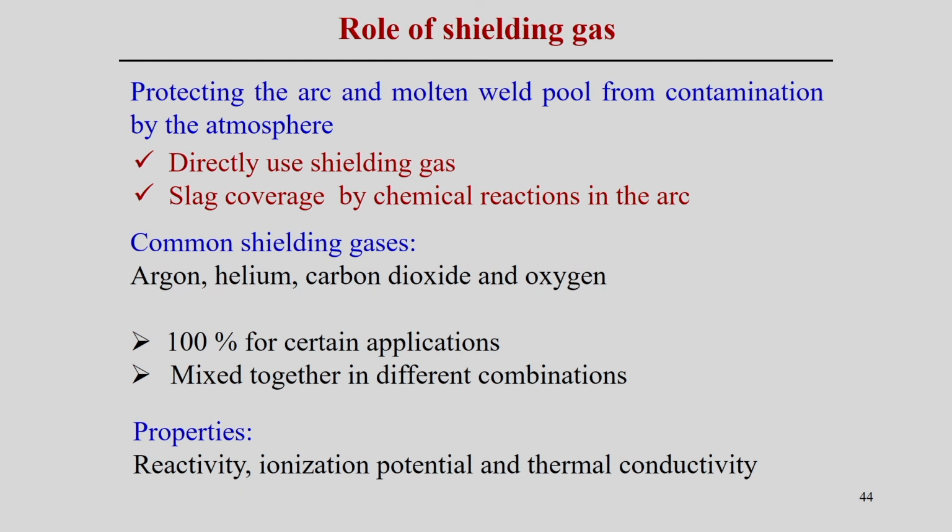But which properties of the shielding gas are important? The reactivity, ionization potential and the thermal conductivity of the shielding gas, because those properties influence the stability of the welding arc in this process, and the production of a good quality weld from different perspectives. So, the point is that shielding gas is one important aspect in welding processes, and the main role of the shielding gas is simply to protect the molten pool, but it also influences the weld quality or maybe the welding process.